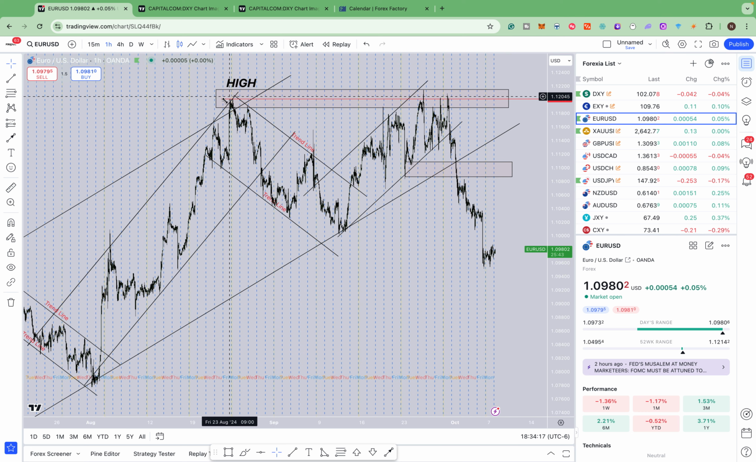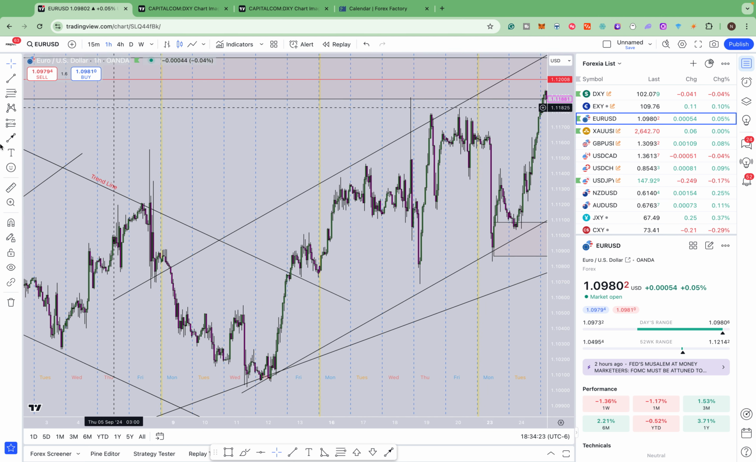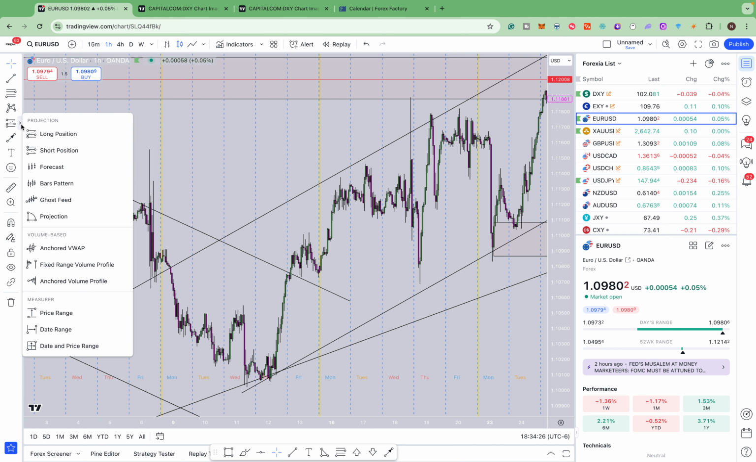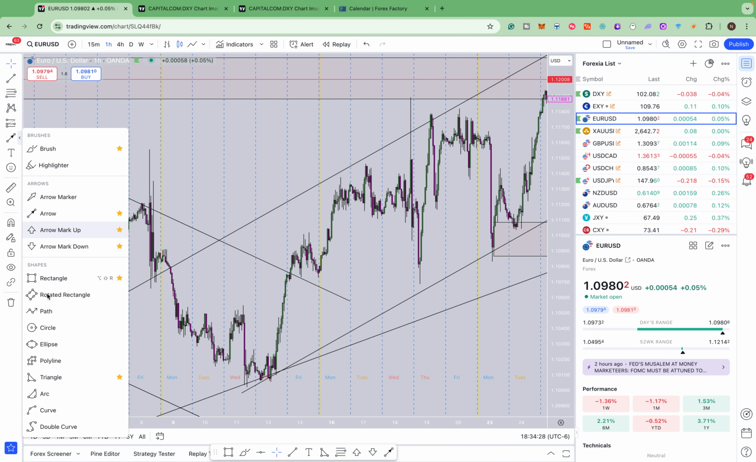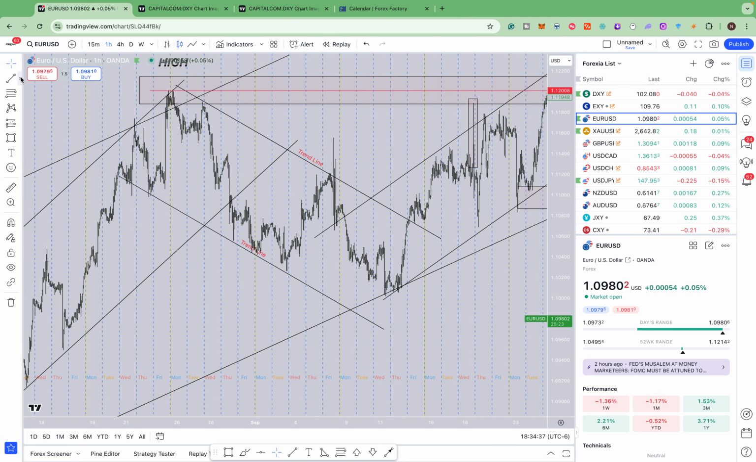We saw the high. We saw them breaking past this high right around here. This is the rate cut on the euro US dollar, right here. And if we were to place, let's say, a resistance right here,